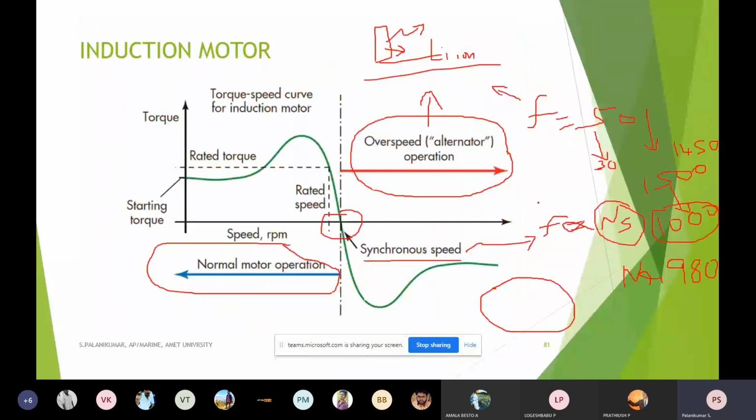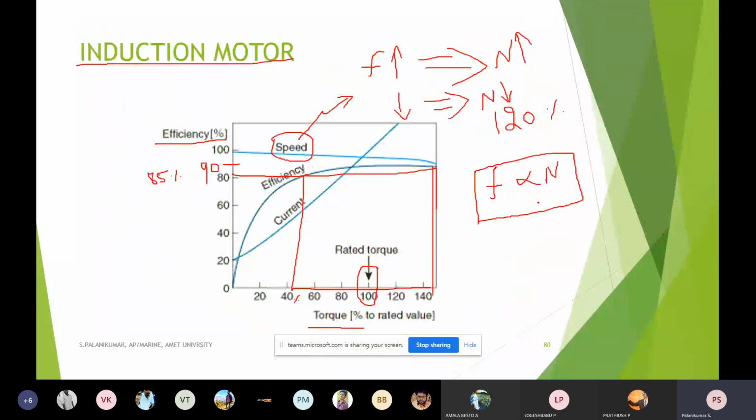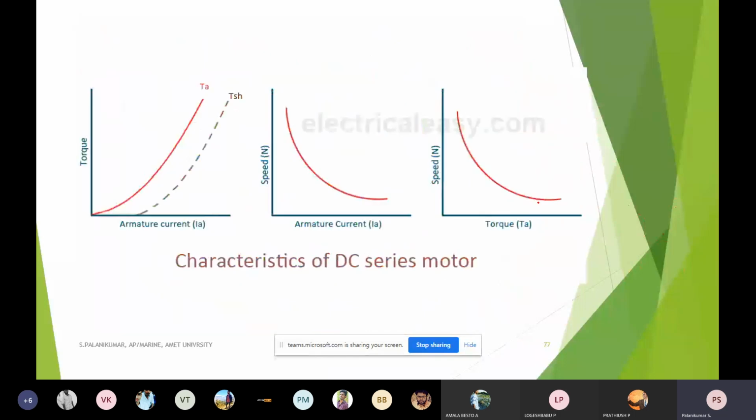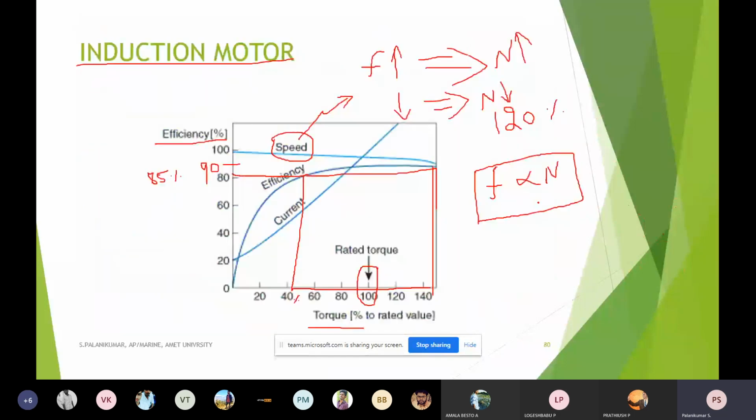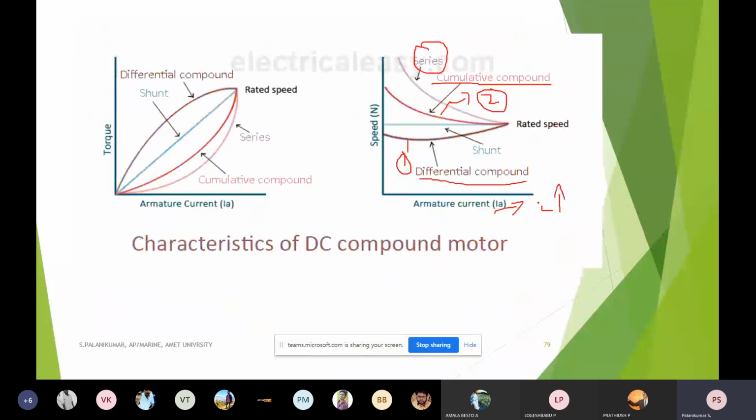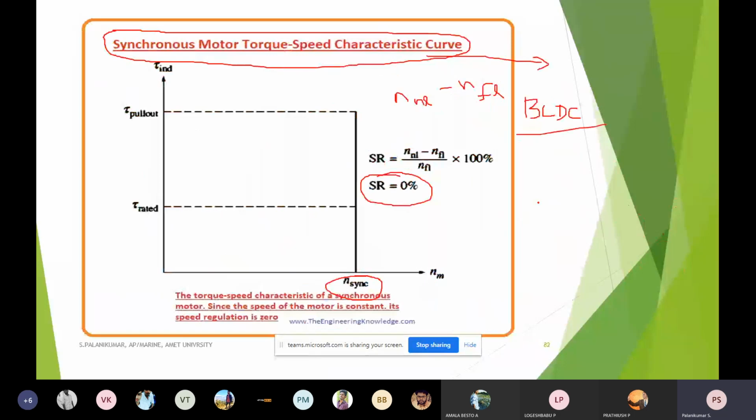Knowing this is enough. As far as this is concerned, what are the characteristics of motors, especially DC series, shunt, induction motor and synchronous motor? In this case, I can have control over the rectified DC output, but I am avoiding the concept of brushes. No brushes are used. Because of that, if I'm able to control the field excitation, I can control the speed. Speed can be varied.